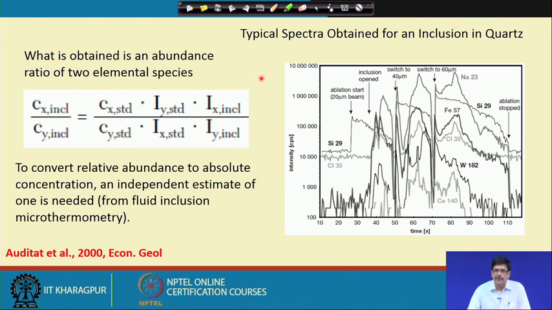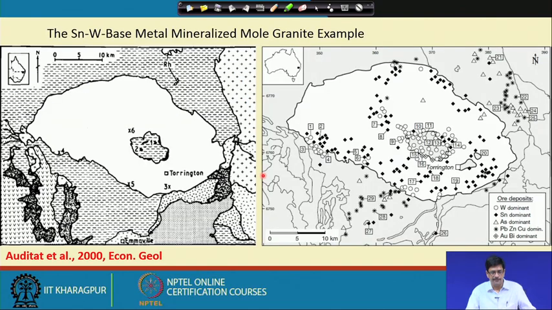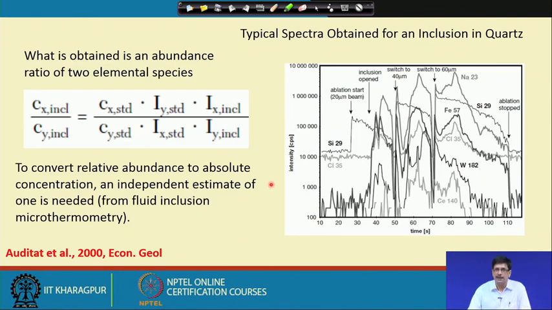As you remember, when we were discussing ion chromatography, we showed some relationship between the total sodium chloride weight percent equivalent and what is contributed by sodium, then 1.5 of magnesium and 1.5 of calcium and so on. So, some such standardization procedure has to be applied here, so that a sodium concentration can be obtained, and that sodium concentration can be used as an internal standard for the analysis.